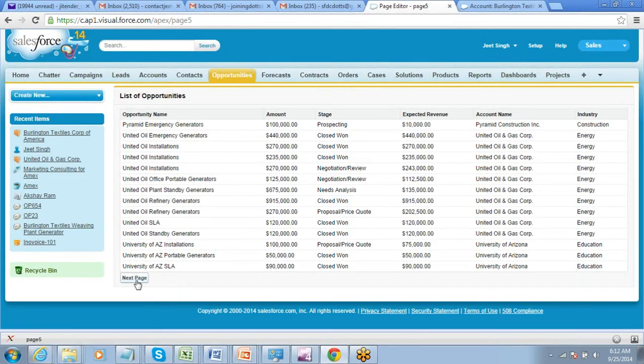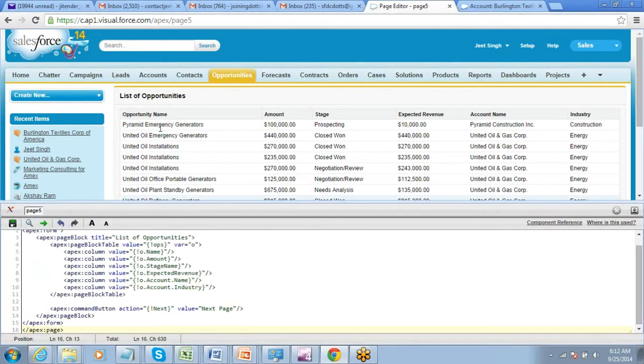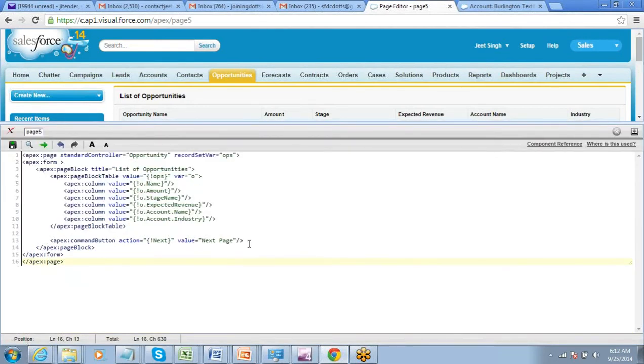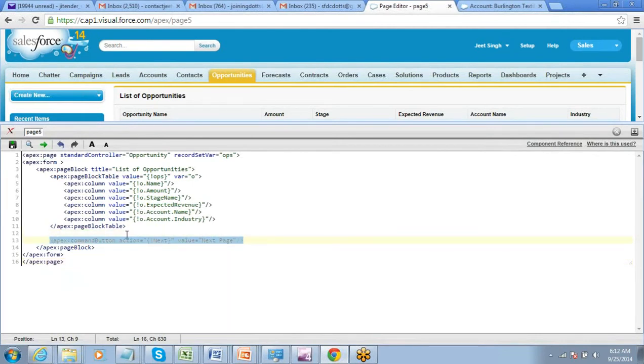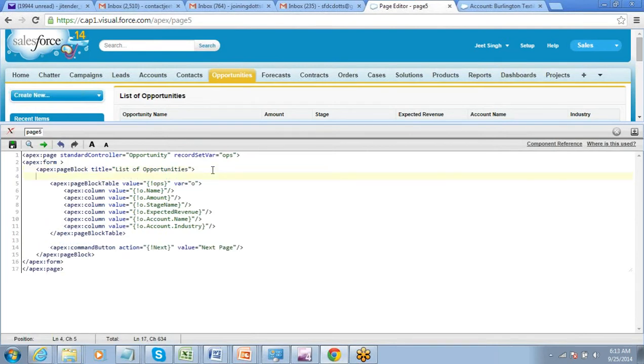Now how do I go back? So I should have another button here which can help me go back. I'll create it at the top. You can create it wherever you want, but I'm just giving an example.